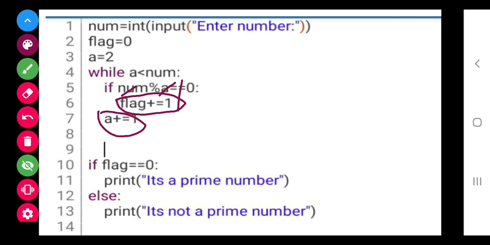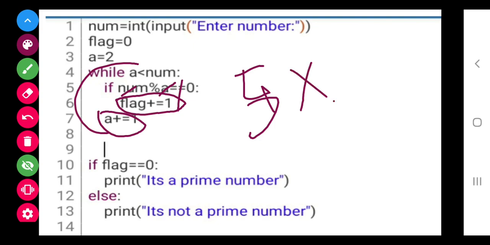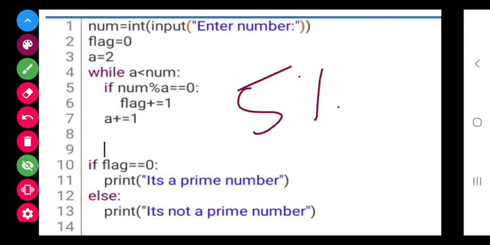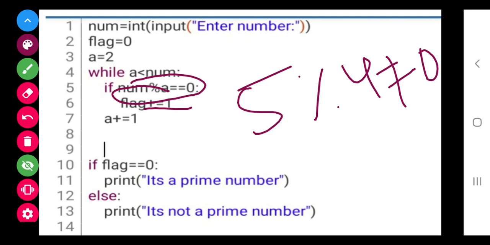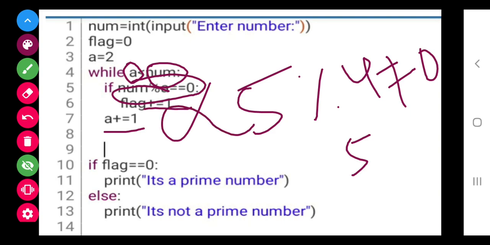The value of a will again increase, it will become 4. Now 5 mod 4 is again not equal to 0. So this condition fails again, and the flag will not increase. Now a will get incremented and become 5. So 5 is smaller than 5 is a false condition, so the loop will terminate.